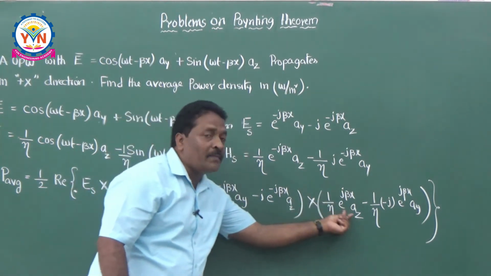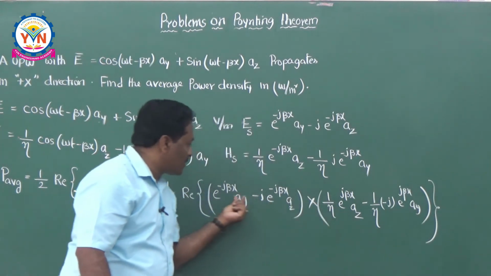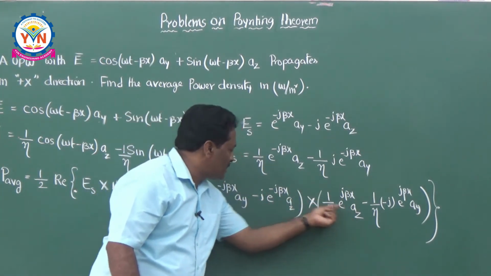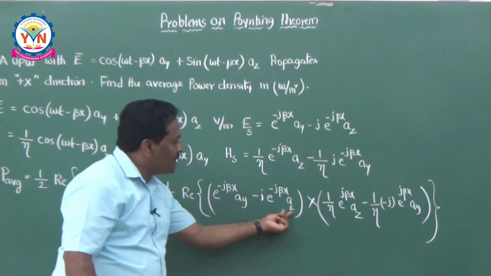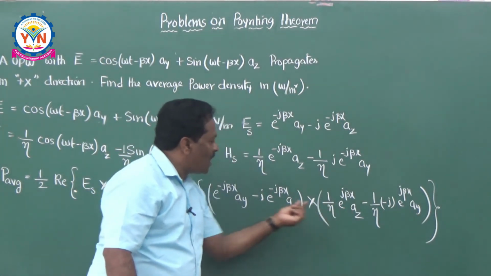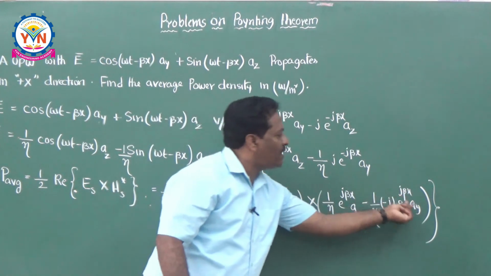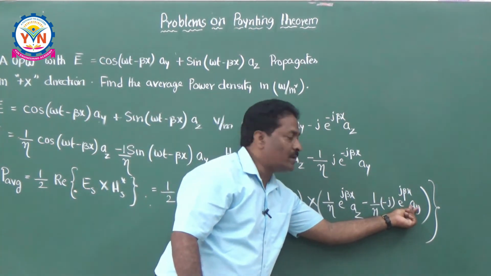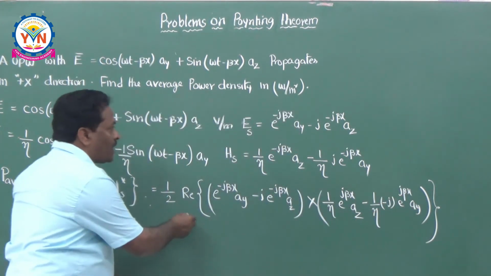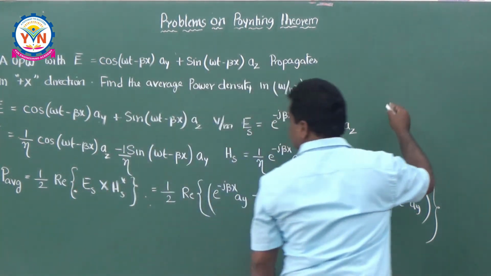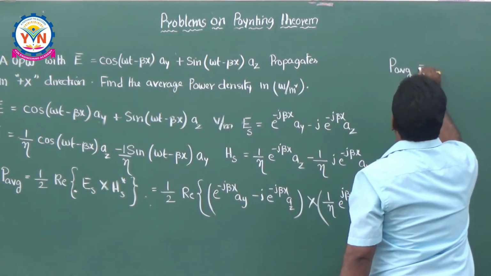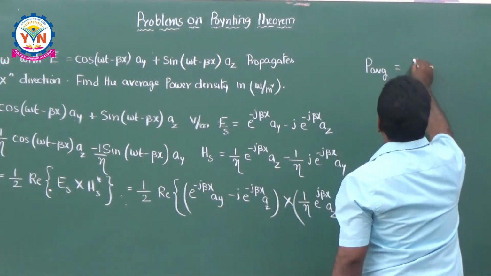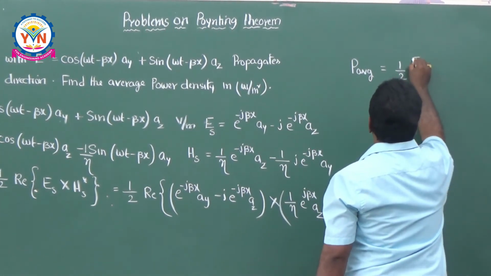Ay cross az means ax. Ay cross az is ax. Ay cross ay is 0. Second term is not there. Az cross az is 0 and az cross ay is nothing but minus ax. So if you do it clearly, then average power is equal to half into,